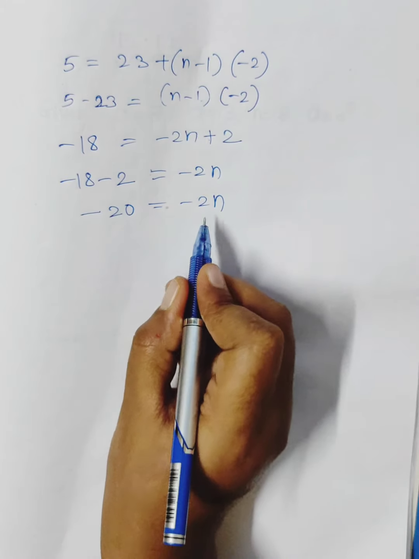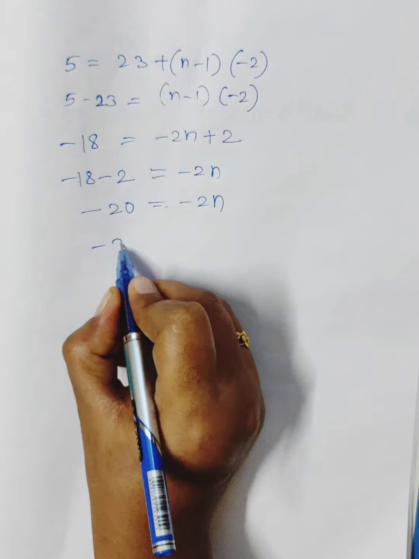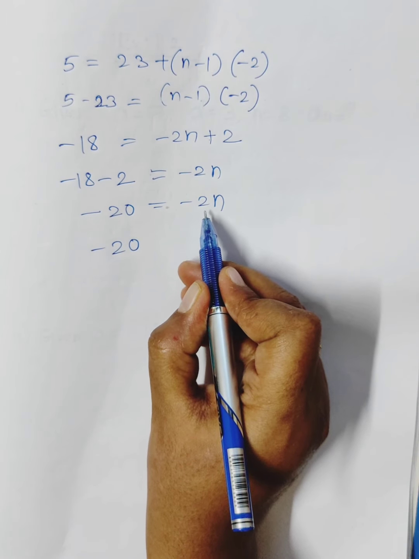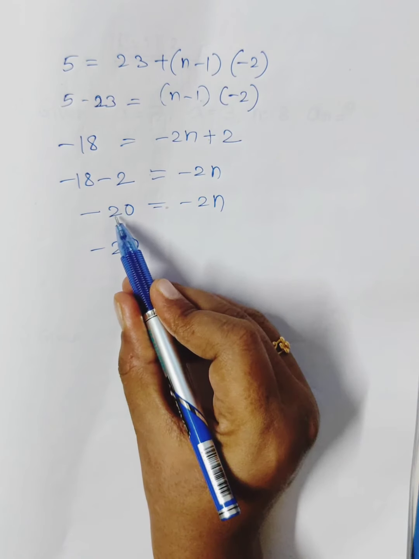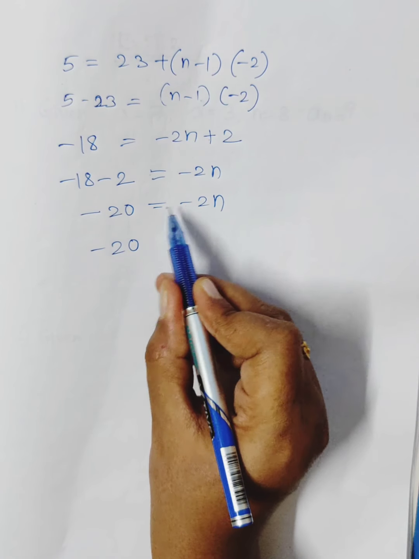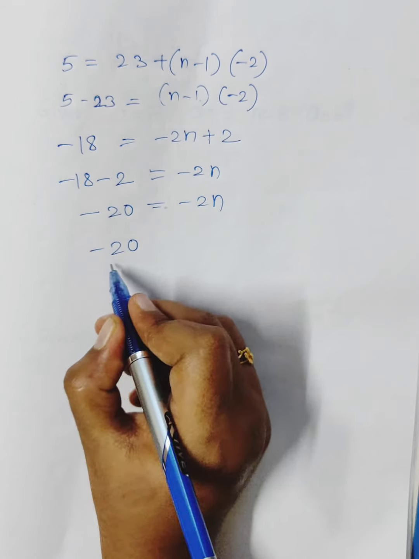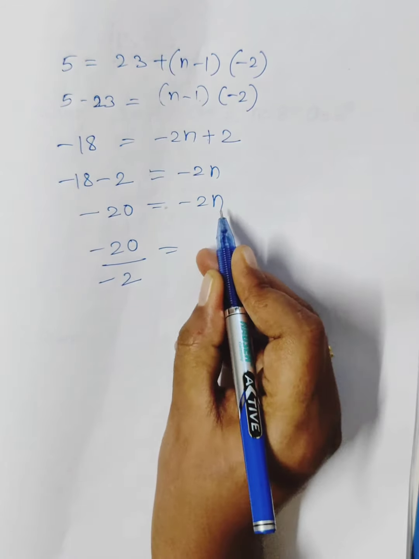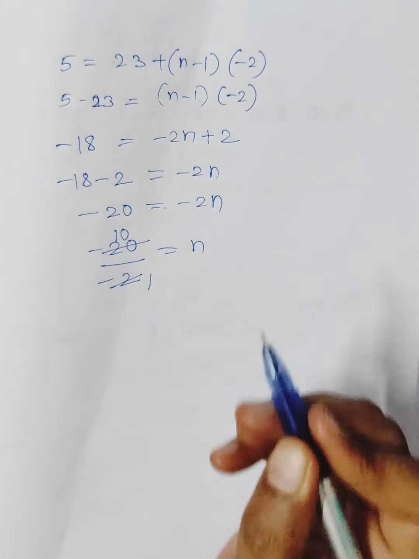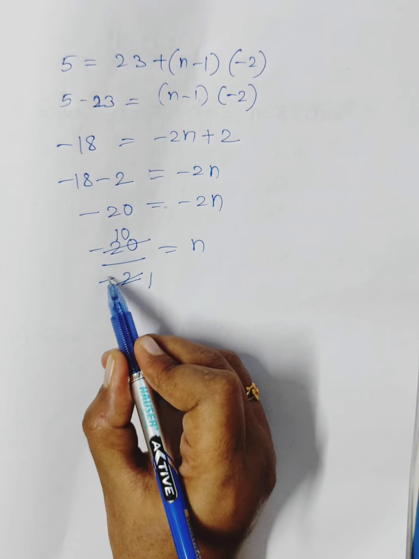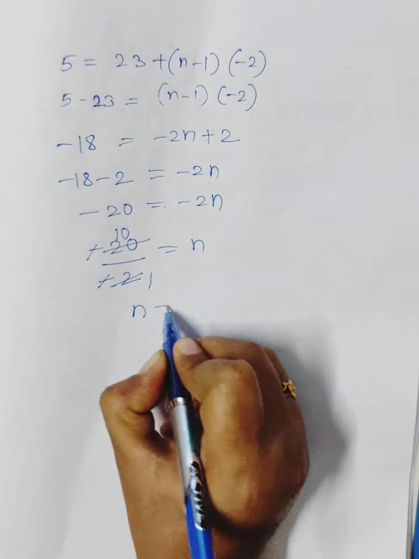Okay. So 2 will come in the denominator now. When it comes in the denominator, the sign will not change. When a term is shifting across the equal sign, the sign will change: negative becomes positive, positive becomes negative. But here it is getting shifted down, so the sign remains as it is. N keep it as it is. 2 ones are 2, 2 tens are 20. And this minus sign will get cancelled, it will become positive. So n is 10.